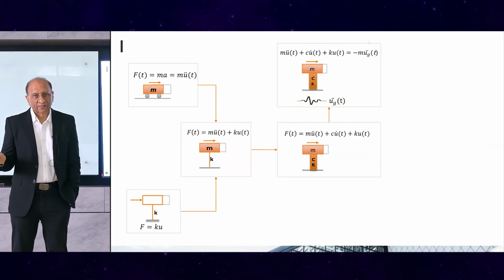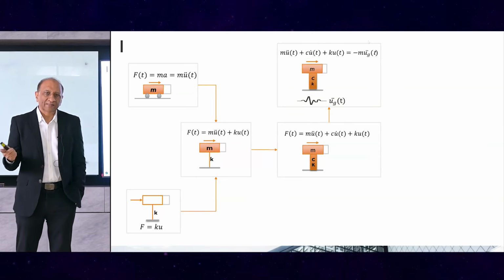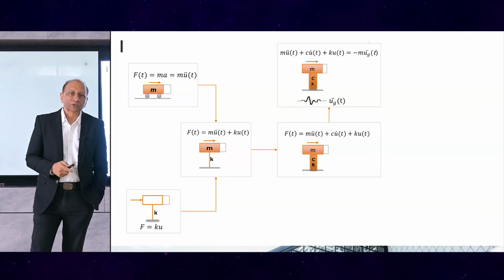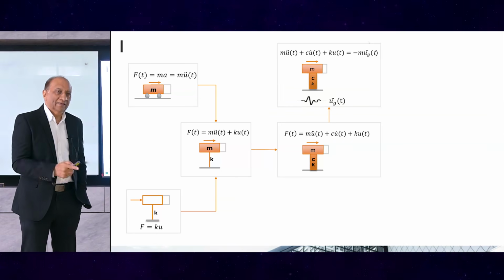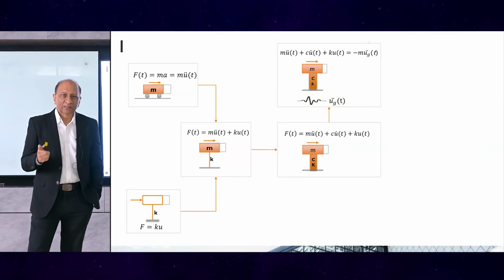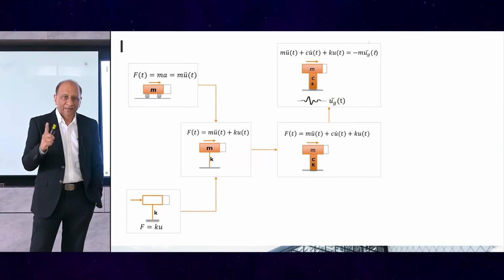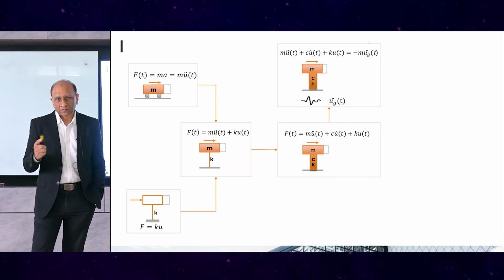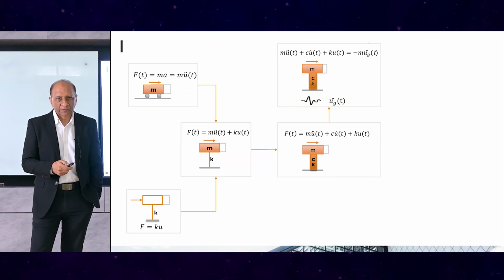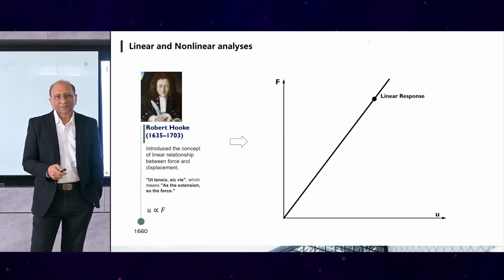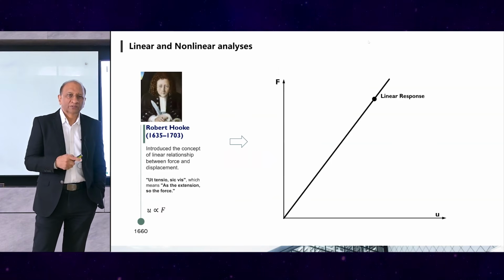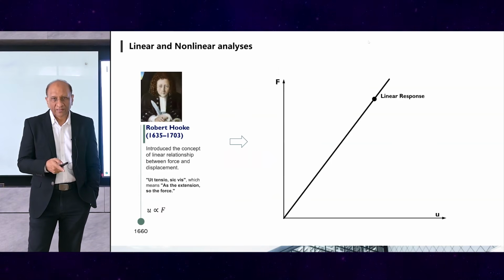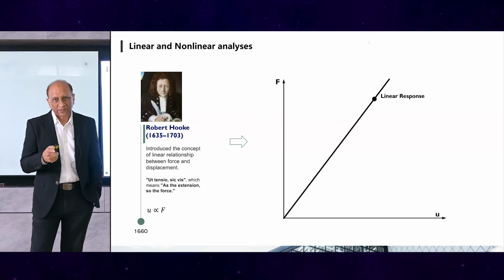And we say, okay, if there's a ground motion, then we can bring it on the right-hand side, and then we have the first ground motion equilibrium equation. Once again, linear, because all these quantities, although changing with time, they remain linear during the whole equilibrium cycles. And then we went back to Robert Hooke's law, and we discovered, or people could see, that this